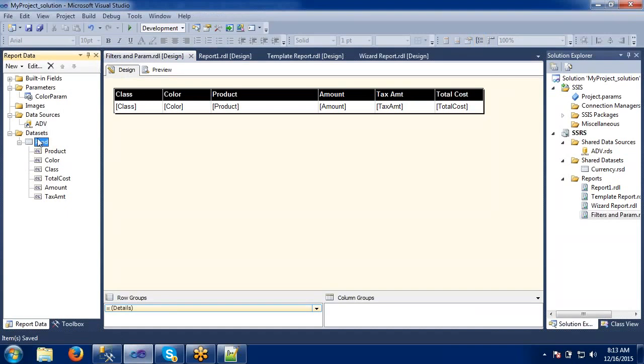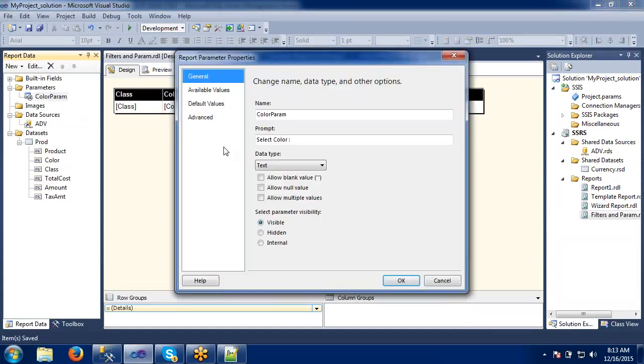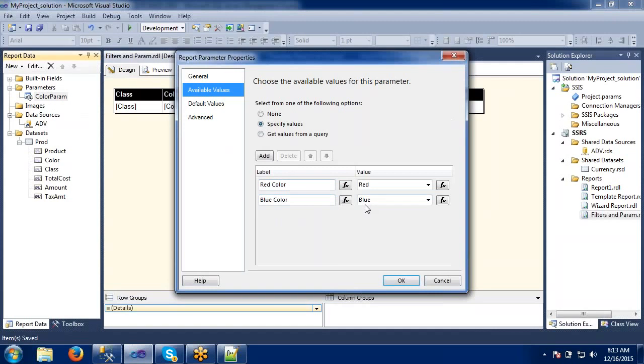So we can specify the default values here in the properties. In the available values, we can specify the values here, blue. If you want to add some more also, we can specify whatever the list we want to display. What are the colors available in the colors, all this we can specify. But this is not the proper way of doing the parameters. Why? Because if there is any update in the color, we cannot add these many values, right? Adding specific values like this, red color, blue, green. So it has to take it as dynamic only.